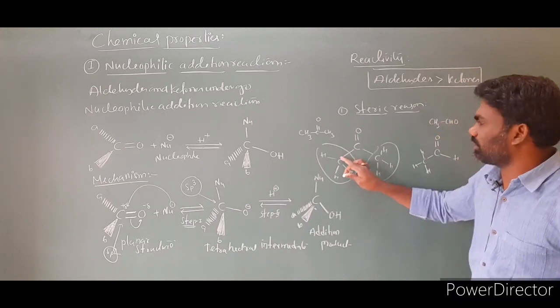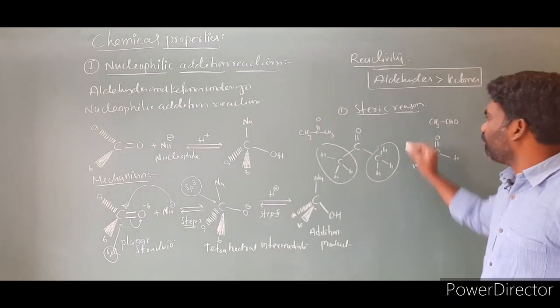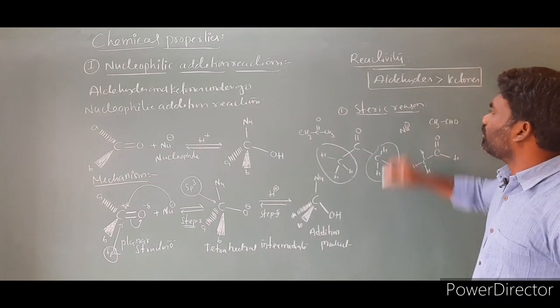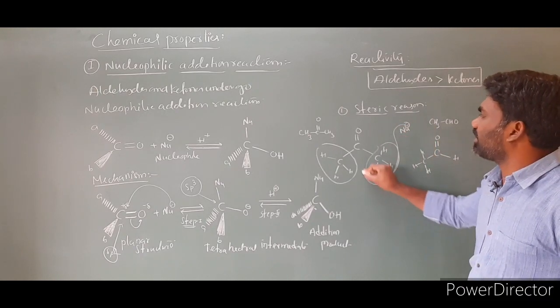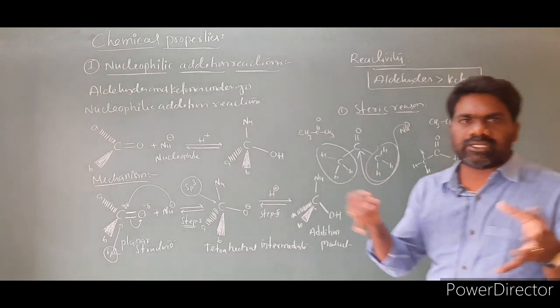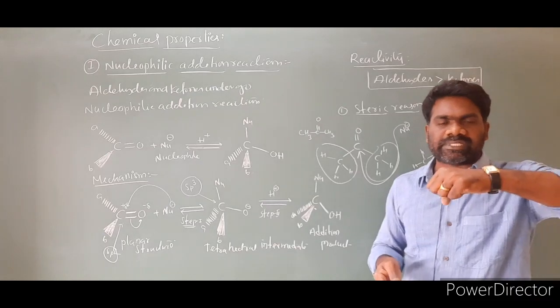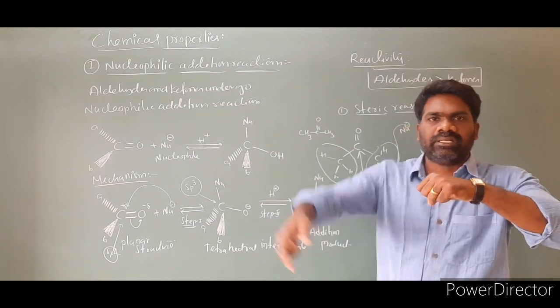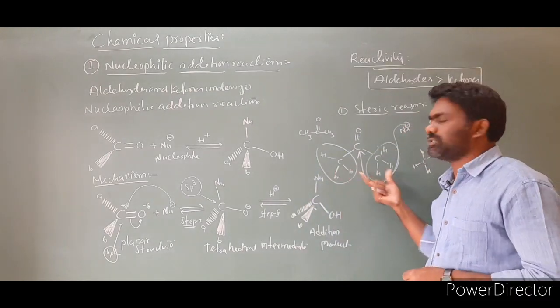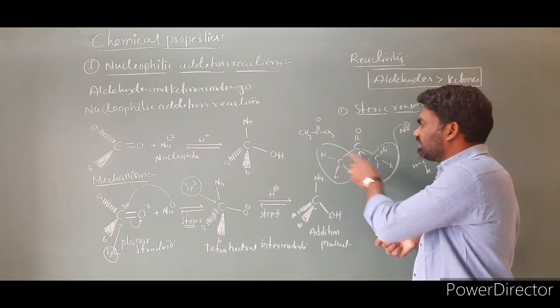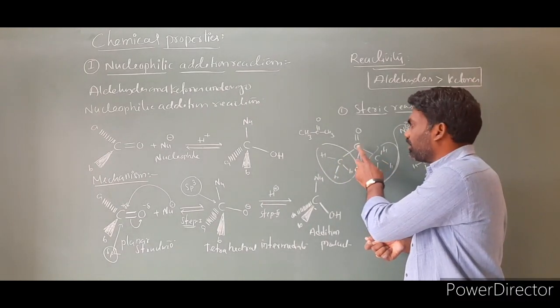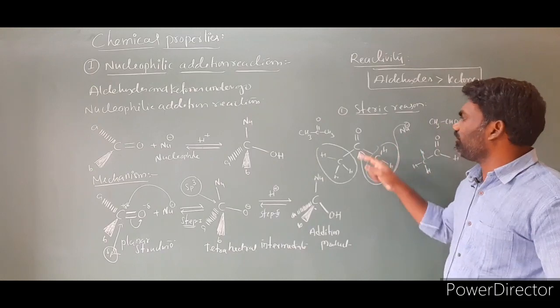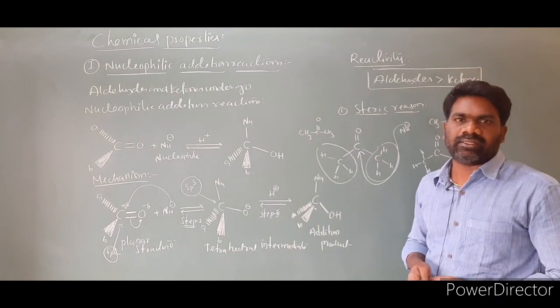When the nucleophile approaches, it cannot approach this carbonyl carbon very easily due to the presence of the bulky groups. Due to the presence of these large bulky groups around the carbonyl carbon, the nucleophile cannot approach very easily to form